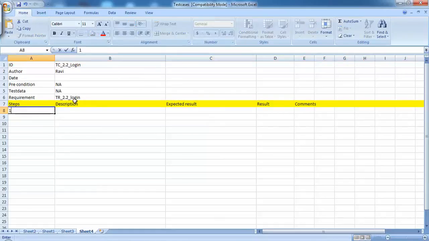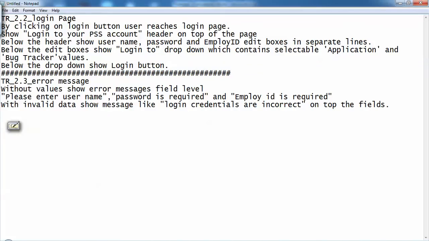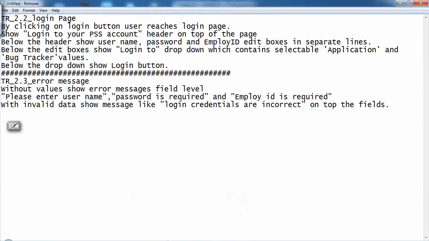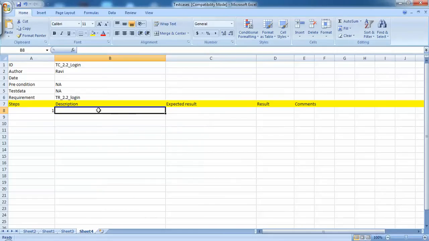Step 1. What is step 1 here? First I want to open my application. As per my analysis, first I should open my home page. So how can I write? Enter www.learnqaeasy.com, the URL. If it is a web application, you can put the URL. Otherwise, if it is a client-based application, then you can write open the application. Okay, so in real time you can usually see an IP address. So you put the IP address, enter so-and-so.com into the browser